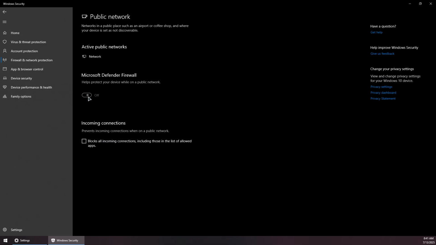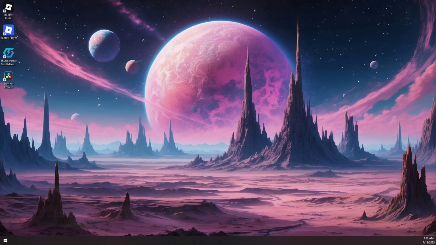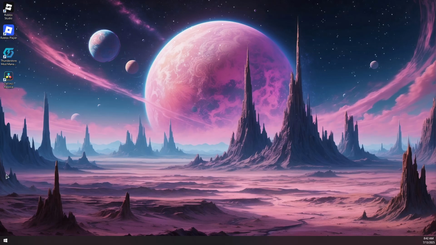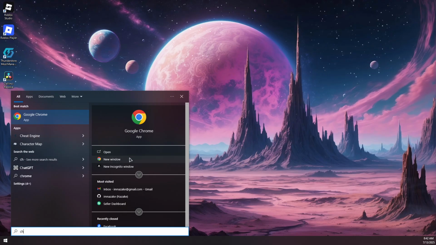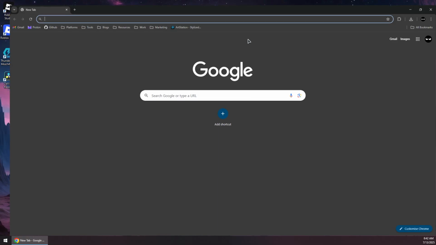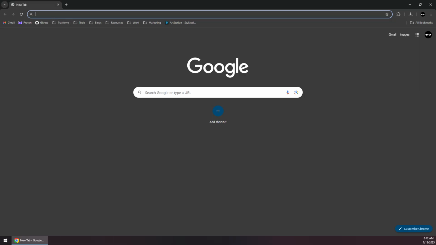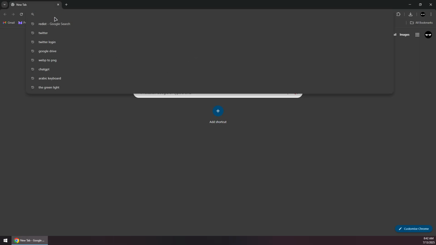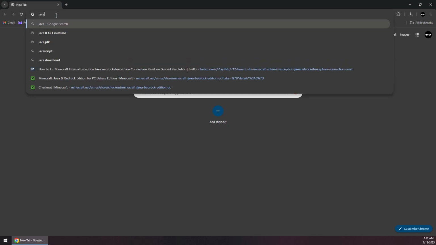So once you've disabled the firewall, you want to close this, and then you want to try to launch the game again to see if that solves the problem. Otherwise, the last solution that you can do is open up your browser and basically just download and install the latest Java version. So you want to search for Java